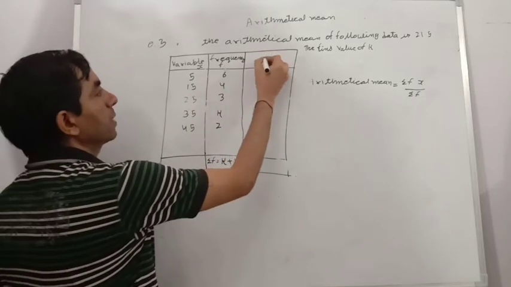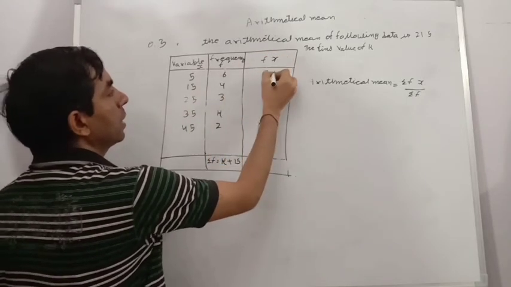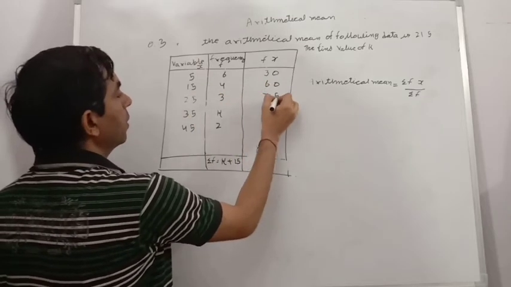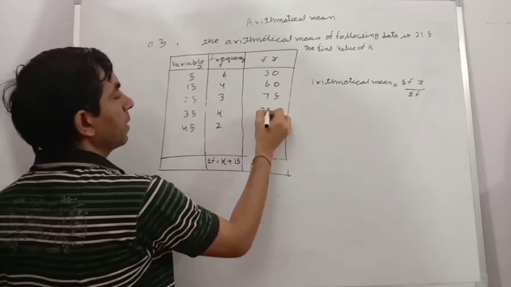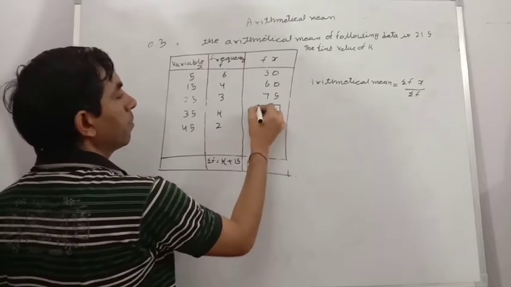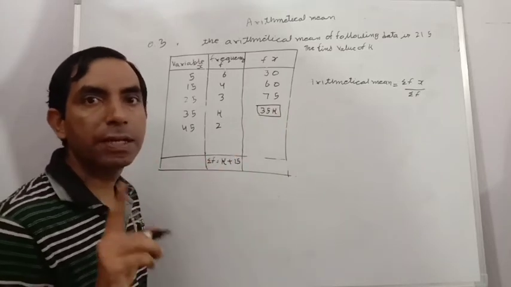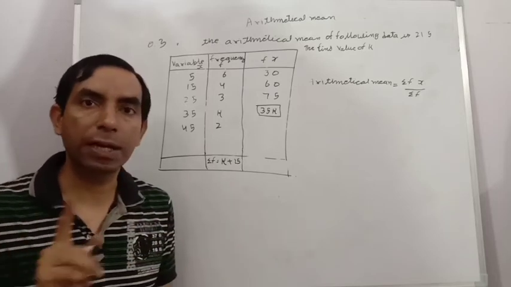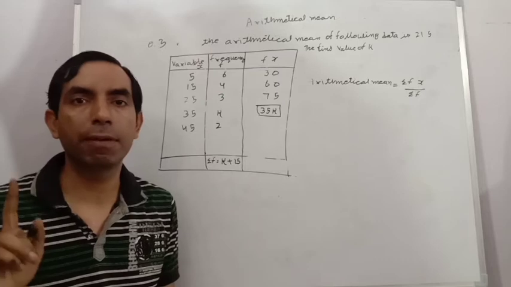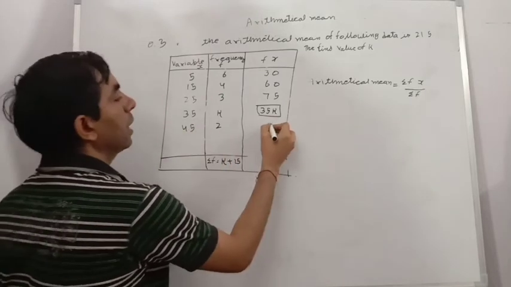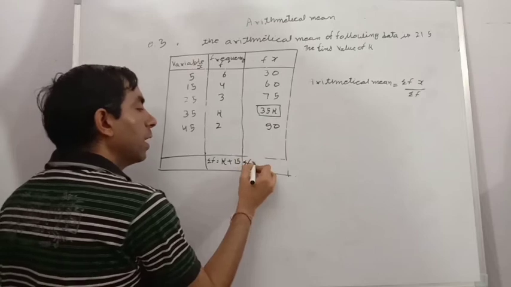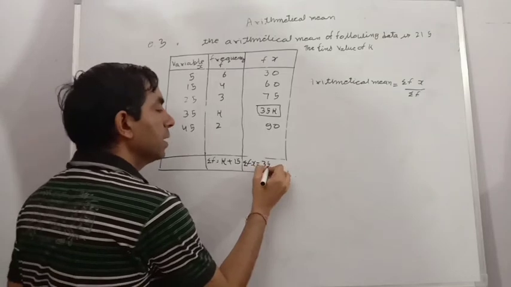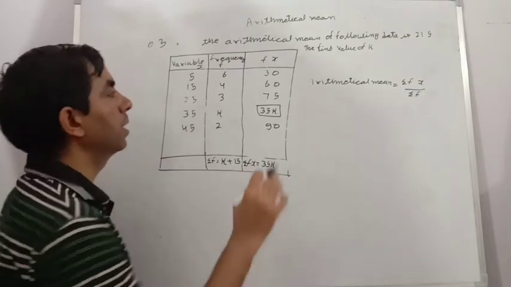Next, find the fx. 6 times 5 is 30, 15 times 4 is 60, 15 times 3 is 75, 35 multiplied by k is 35k. Again remember that the alphabet does not change in addition and does not add with any other number. It adds only with the same alphabet. So 45 times 2 is 90. After adding, write the alphabet term as it is, means 35k is as it is, and add the other numbers. Here 5